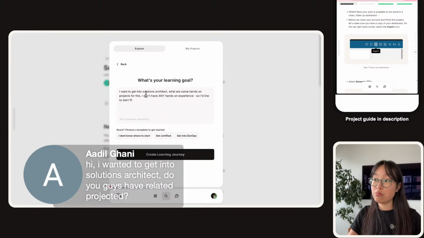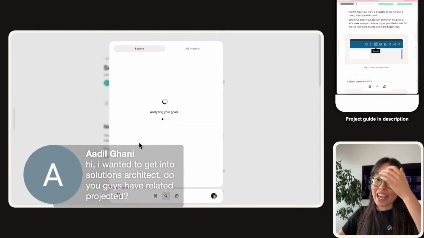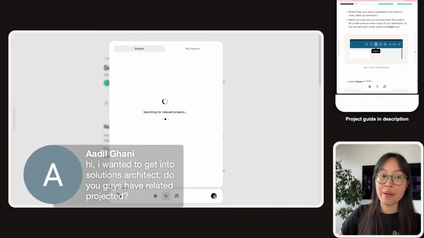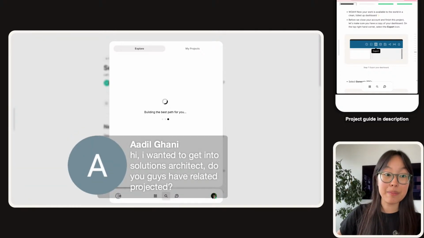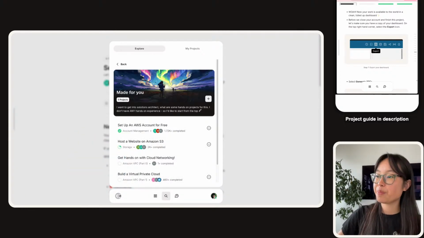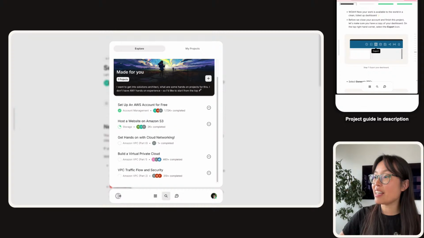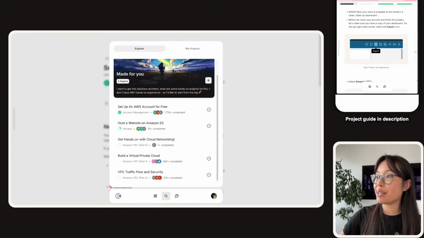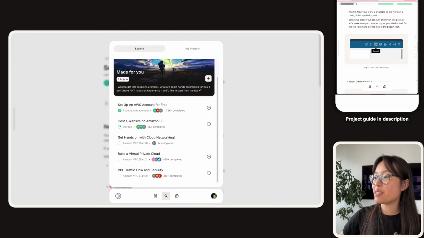Maybe this is you. And then you can click on Create Learning Journey, and off it goes with setting up a set of recommended projects for you. So this is how you can get started if you are completely new to Solutions Architect, and then when you're done with these 5,